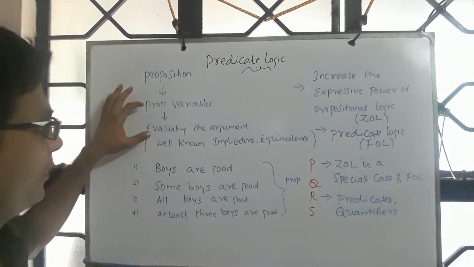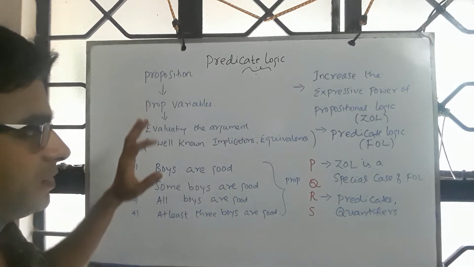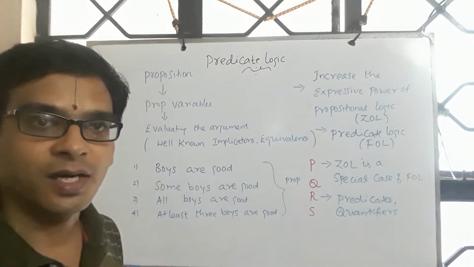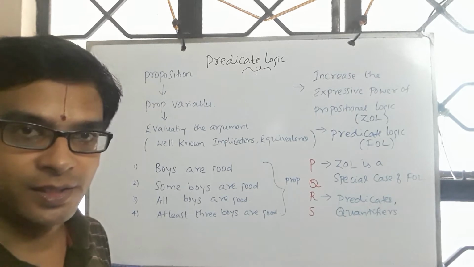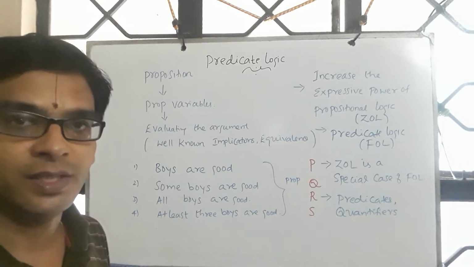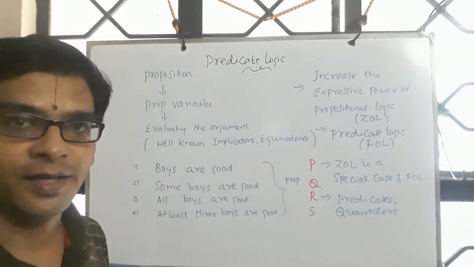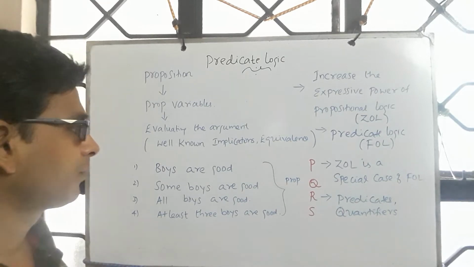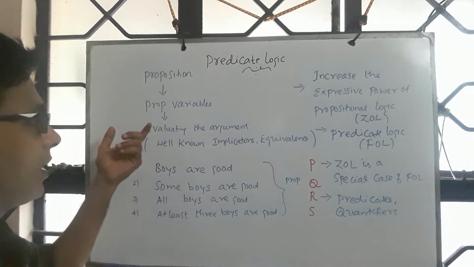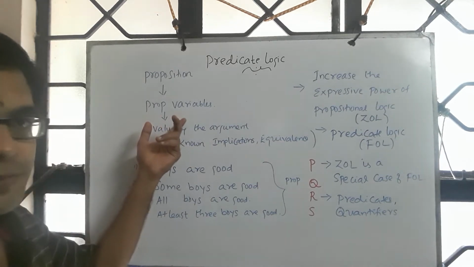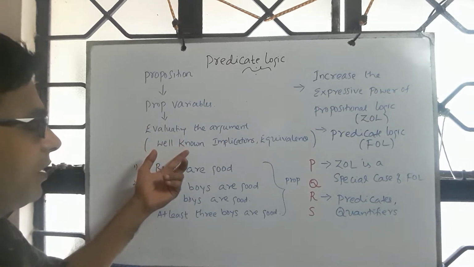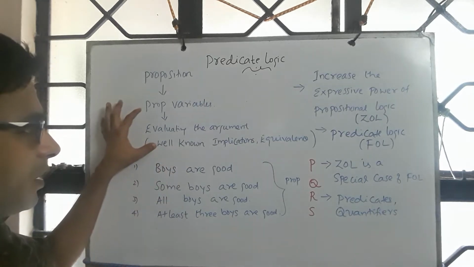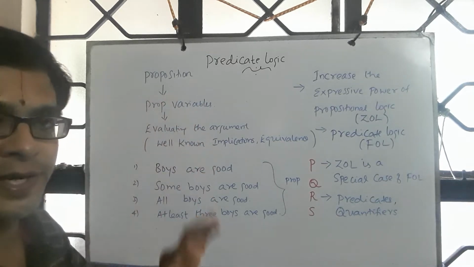Then we introduced propositional variables, as our focus is on understanding the truth value of the statement, and, given a logical argument, how we represent it with the help of propositional variables and subsequently prove that the argument is true or false. So to extract the essence, we brought in the first level of abstraction, which is propositional variables. And then to evaluate an argument, we convert a given argument into a collection of propositional variables with appropriate